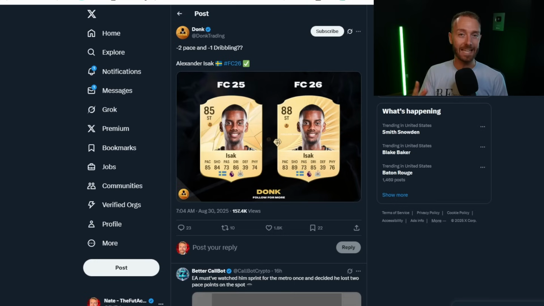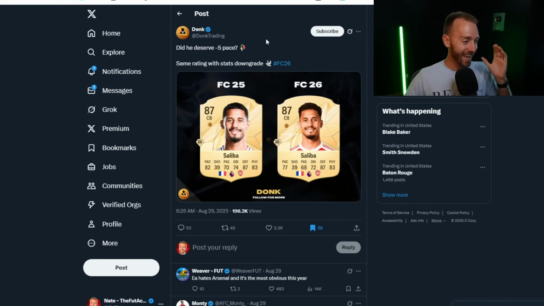The second thing that we've learned from FC26 ratings is pace is cooked. This is the obvious theme through all of the ratings so far. Isak got a +3, right? The big man, big upgrade. -2 pace, -1 dribbling. And this is going to go into our third point as well, but just focusing on pace for a second, how does an 87 rated Saliba go from 82 pace to 77, yet his rating stayed